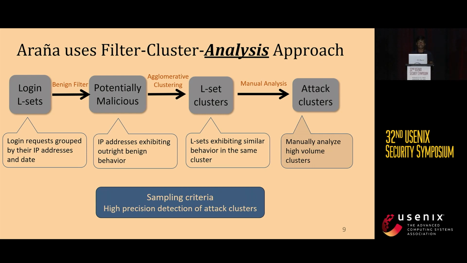Arania was designed to discover large-scale attack clusters. Therefore, as the last step, we fix a high threshold and sample only those clusters which have made more login requests than the fixed threshold, or have contacted more users than the fixed threshold. The reason for this high fixed threshold is that we wanted to have high precision. We observed that if you lower this threshold, there is a chance that we might end up with some clusters that are not outrightly malicious, and thus it would hurt the precision of the Arania pipeline.